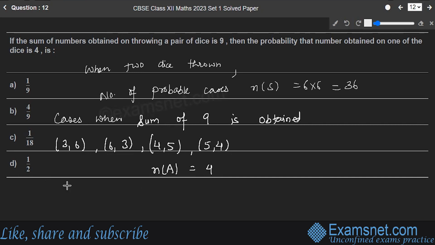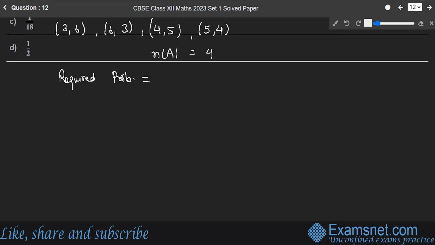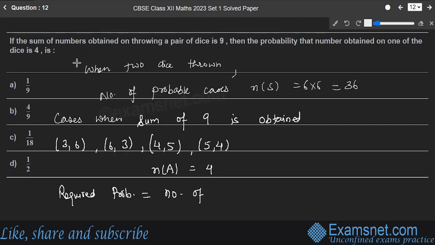So that means the required probability is the number of favorable cases upon total cases. See one thing: the cases when there is a 4 on one of the dice, that is, the sum is equal to 9. Now the probability that the number obtained on